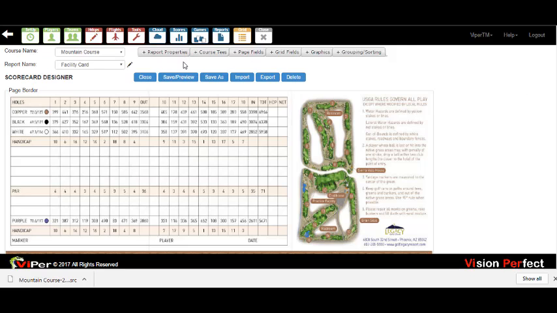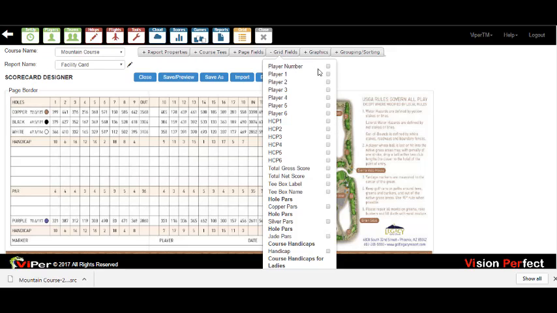you can then, just like the regular scorecard designer, start dropping fields into it. You obviously don't need the course tees, handicaps, pars, or any of that information, but you do need the grid fields. So player 1, 2, 3, 4, just to show you how this works. Drop these players into where I want them to print on my scorecard when I feed this scorecard into the printer,